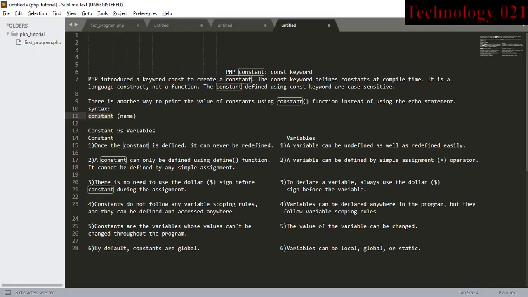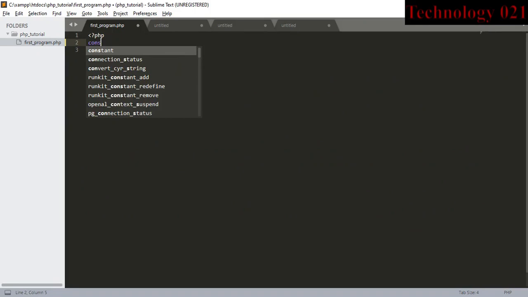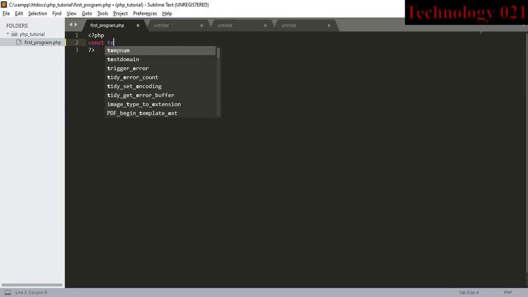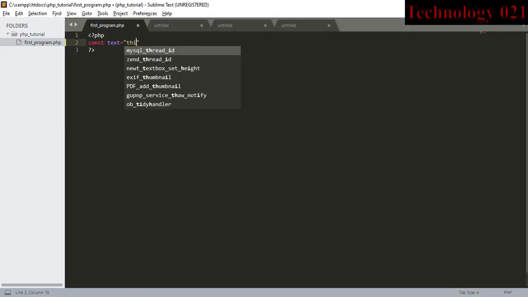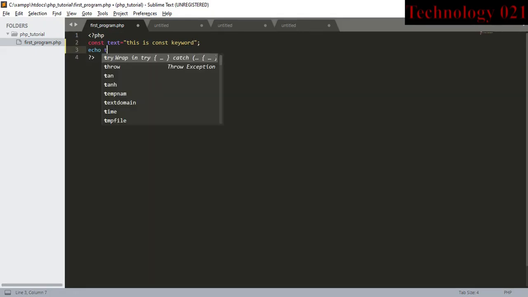So let us create a constant using the const keyword. I'm going to use the const keyword here. const, and I will write here text is equal to, "this is const keyword", and I am going to print this constant.